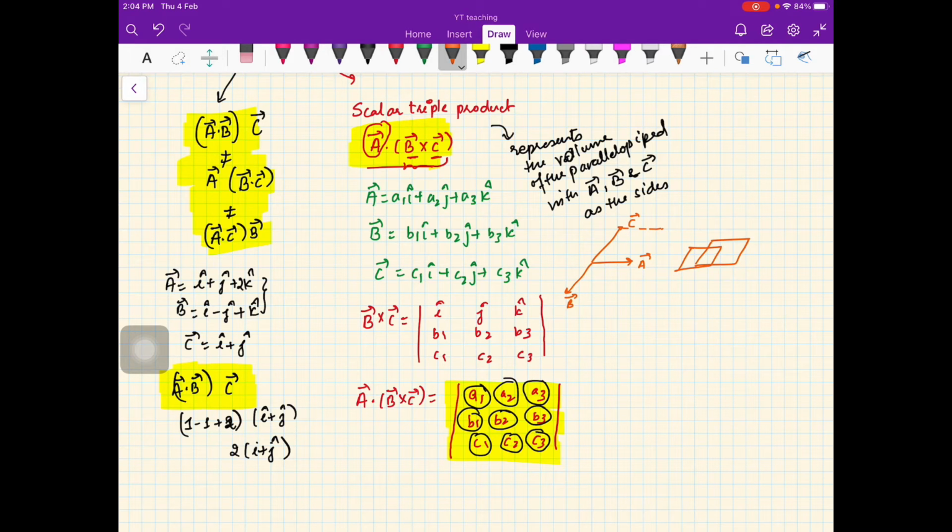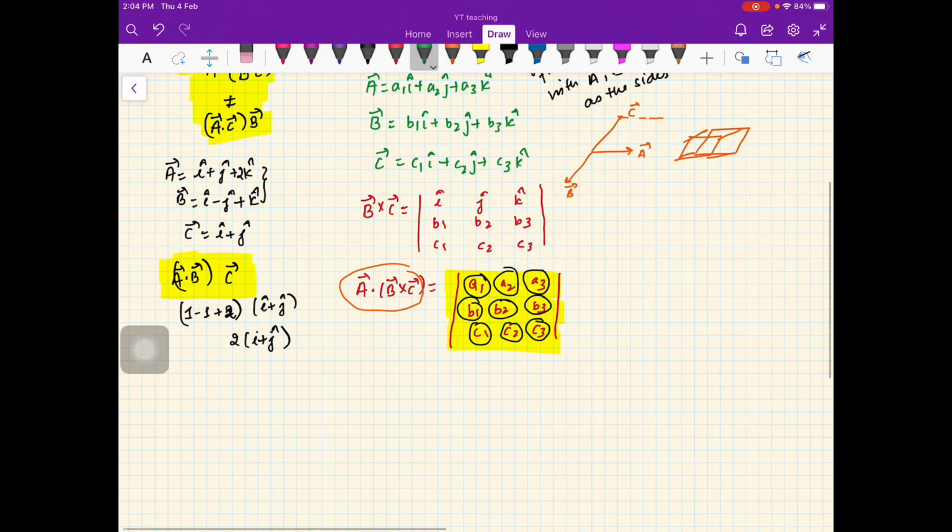So what is a parallelepiped? Like you have a cuboid, you have a cube, similarly you have a parallelepiped. So you have a parallelepiped whose three sides are A vector, B vector and C vector. The volume will be equal to the scalar triple product of these three vectors, right? I'm not going to prove how this is the volume, but if you are interested in the proof, you can obviously go and see it. That is very simple.